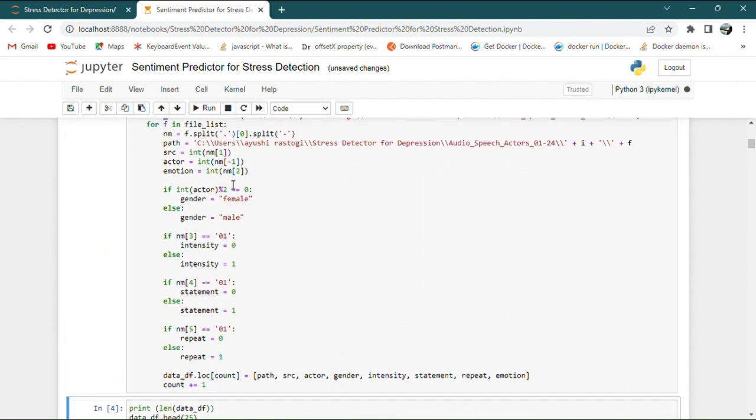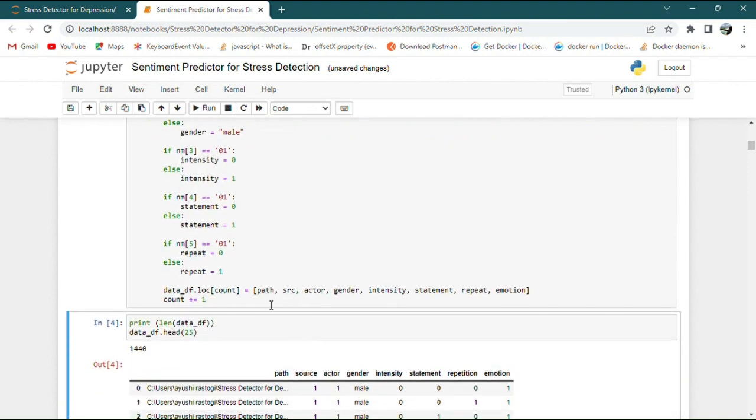It will create a data frame. We have two genders, and we have intensities. It will locate the path, count the path, source, and actor, meaning the actor is a folder name. Okay, and next, gender, intensity, statements, repeat, and emotion. It will detect these, which means it will count the